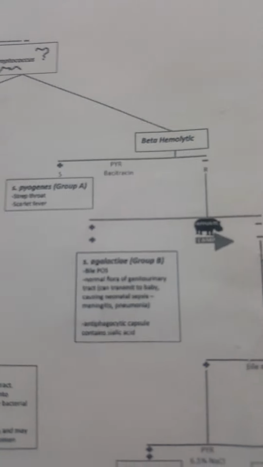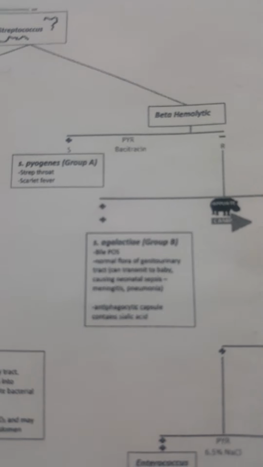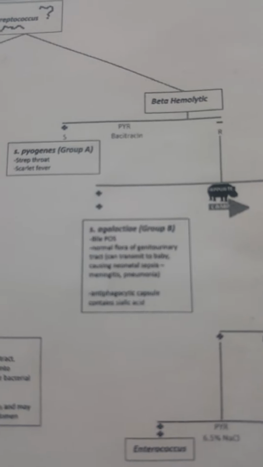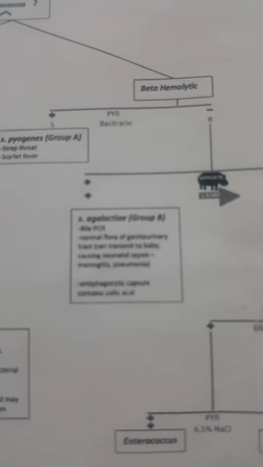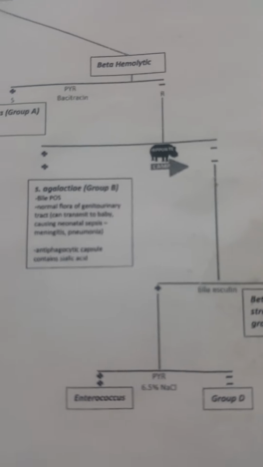bile esculin positive and PYR and NaCl negative is group D streptococci. Further, we will go to the beta hemolytic group. In the beta hemolytic group, we have again PYR, bacitracin positive, or sensitive is pyogenes, group A, strep throat, scarlet fever,